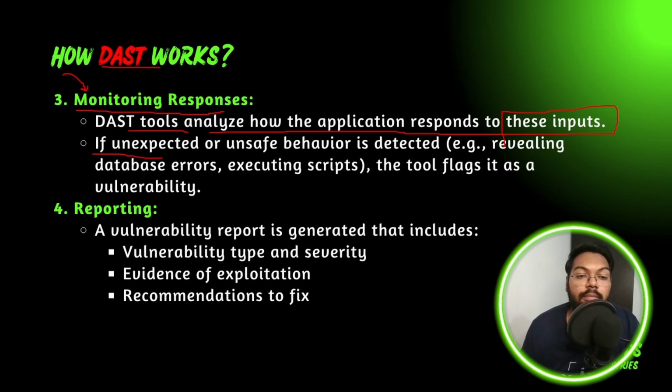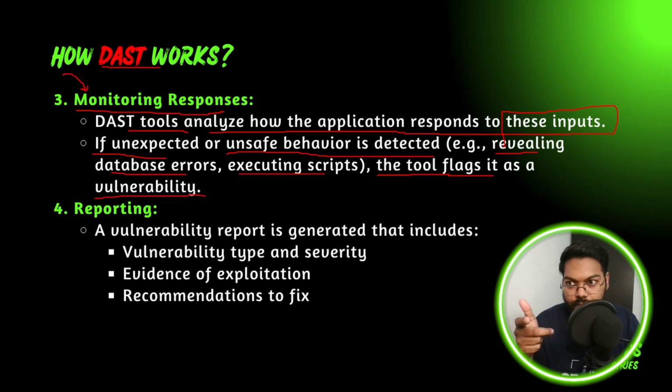So now if unexpected or unsafe behavior is detected, that is, revealing database errors, executing script, a lot of things can go wrong, and then this tool will flag it as a vulnerability. There is a way that a lock should behave, but if you try to open it with a different type of material or different tools and it behaves in a certain way, then you will need to report that to the lock makers, or the manufacturers of this particular lock,